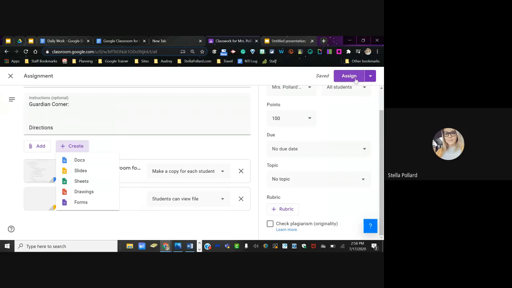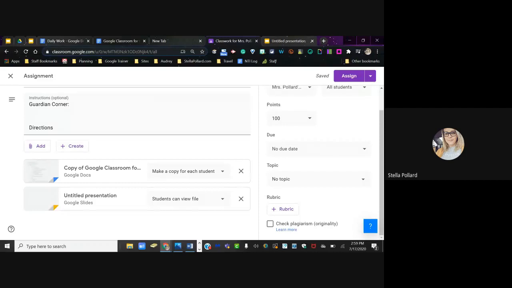And when you post this to your students, it's going to give them that copy or view file option. One thing that I do need to add: whenever you have "make a copy for each student" selected, if you go in and change something after you post this, like add a new slide to a Google Slide, those copies will not have your new updates. So you would have to repost the assignment if you did that,